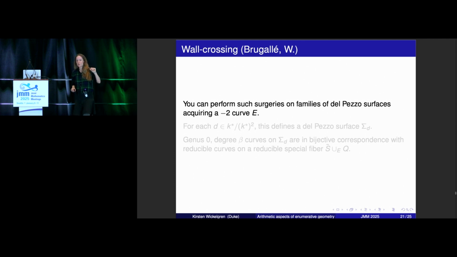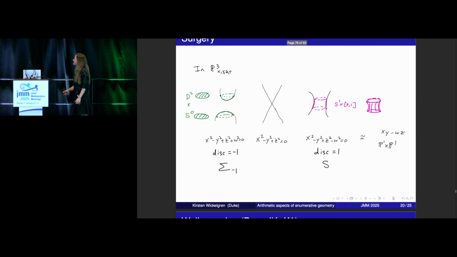Let's blow up 6 points on a plane. And 5 of those points are going to be on a conic, but all 6 are probably not. If, however, you degenerate into the position where those 6 points will be on a conic, then the strict transform of that conic will be a minus 2 curve. So you can blow down that minus 2 curve and get a node. And then if you pull back by changing a coordinate by d and then blow up, you can either get into this situation or get in this situation on either side.